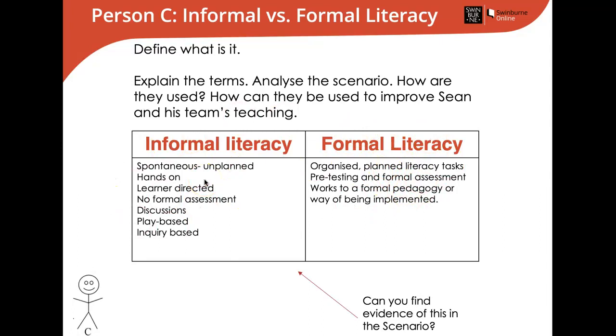Informal is happening incidentally. During maths, we are using reading and writing, but we're not teaching the kids particular content descriptors. This is where, hopefully, if we've done formal literacy really well, kids can use the skills that they've learnt in their formal literacy lessons to then be able to show you how they can use them in an informal setting. And often you get some really good insight into how kids can comprehend, how kids can engage with text, how kids can research through these inquiry-based units,